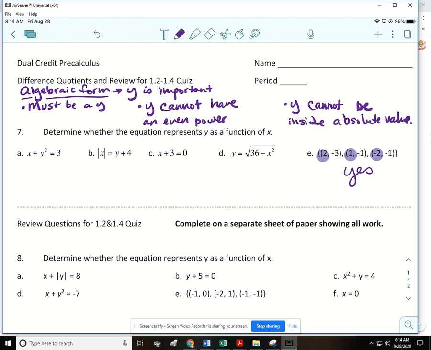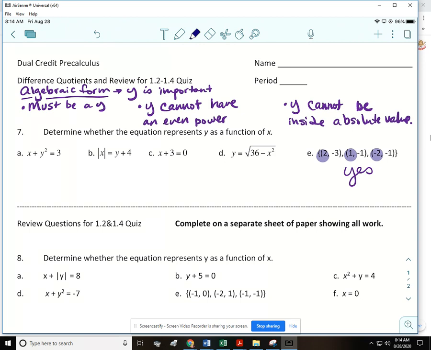All right. So I'm going to look at your two worksheets that were reviews for your quiz. So the first one is the difference quotients in review for 1.2 to 1.4 quiz. On the back side, that's your assignment for today. And so I'm just going to go through these real quick and determine if they're functions or not. So for A,